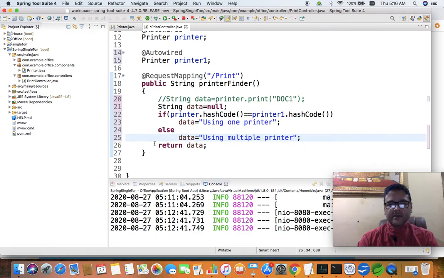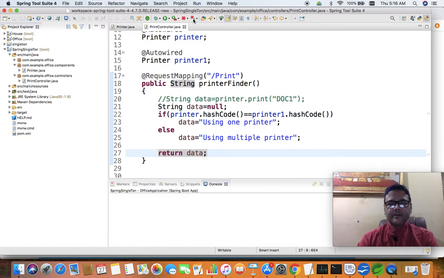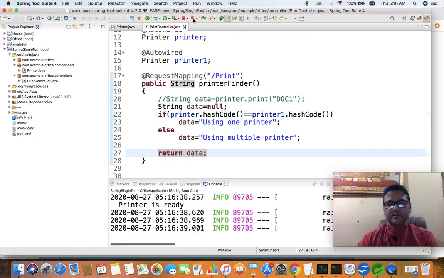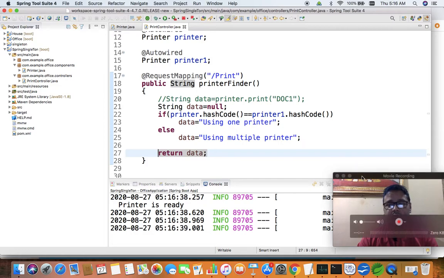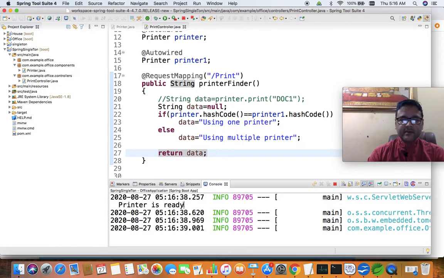The same data is getting returned from this method. So I rerun it. Let us see, are we getting two calls? No. Here, the printer is ready. This line came only once. That means the constructor got called only once.